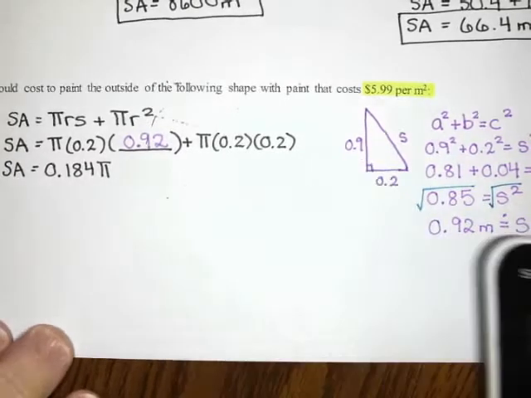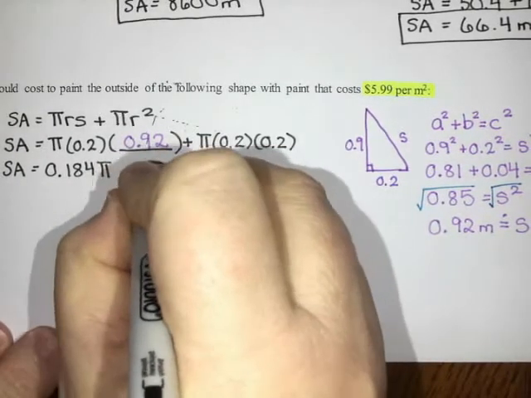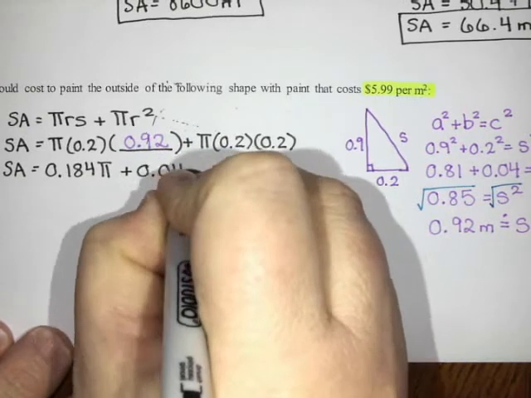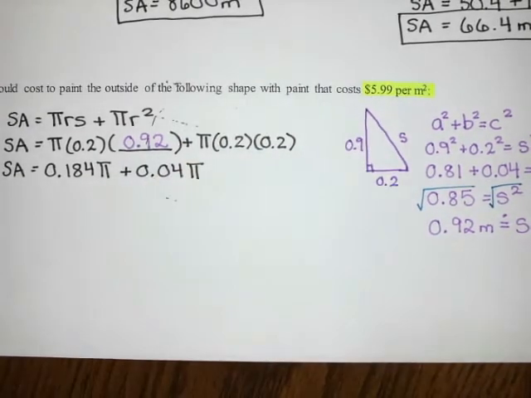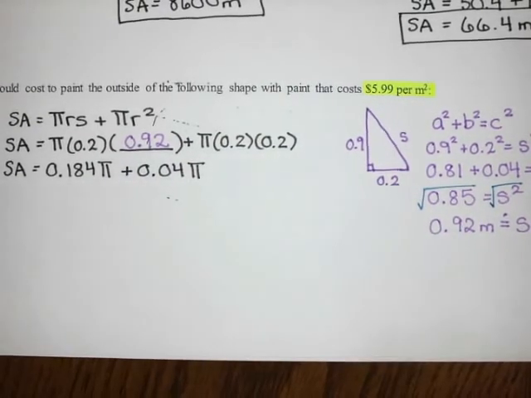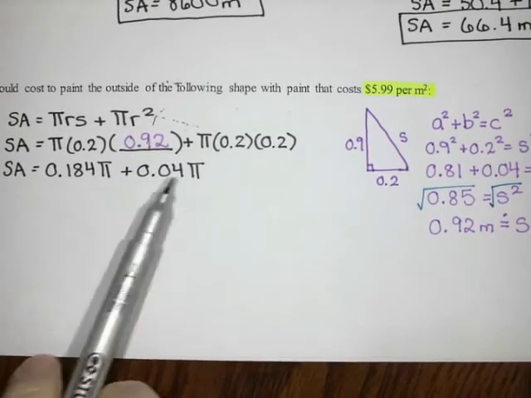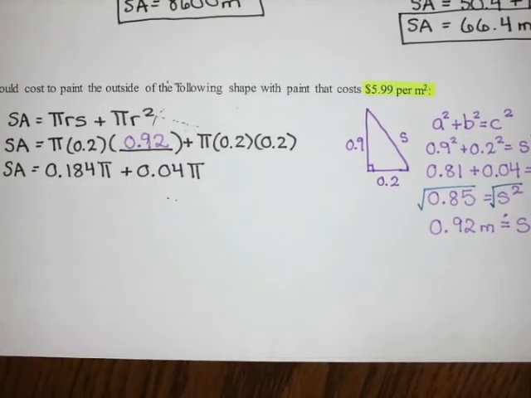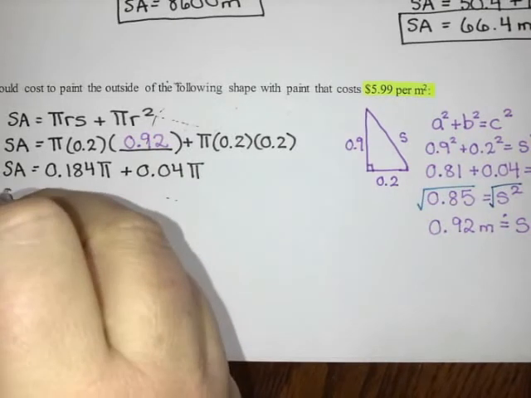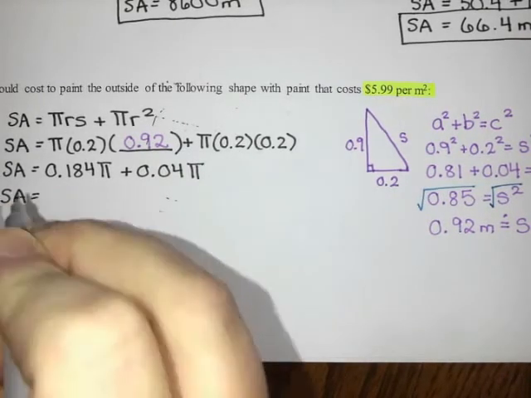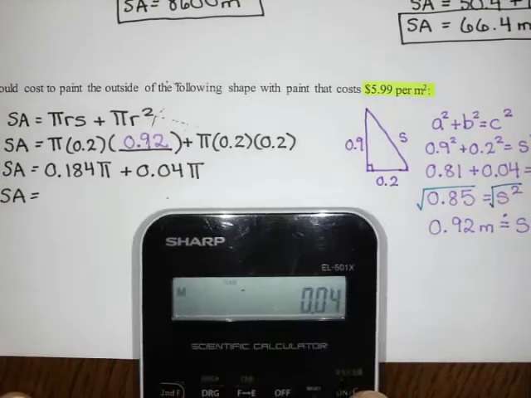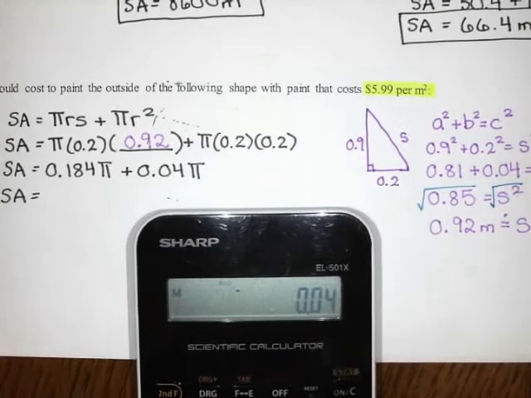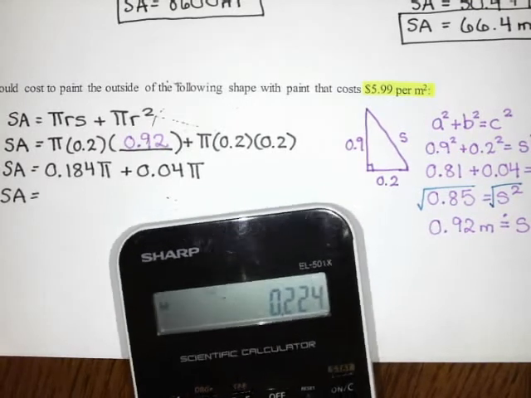And I get 0.04 times pi. Now, if I pretend that pi is a variable like an x, these would be like terms because they have the same variable part. So I'm going to collect like terms by adding 0.184 and 0.04 to get 0.224